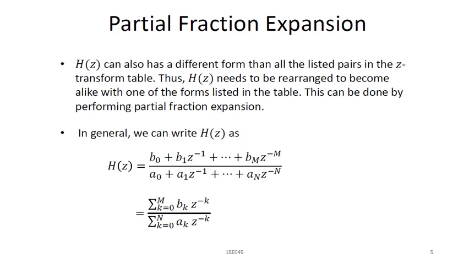And based on this, either they will give an equation in terms of X of z or H of z, and you should convert it to the standard rational function. Then based on that, you apply the partial fraction method. There are different conditions based on the order of the numerator and denominator, and generally we will call the order of the numerator m and the order of the denominator capital N.